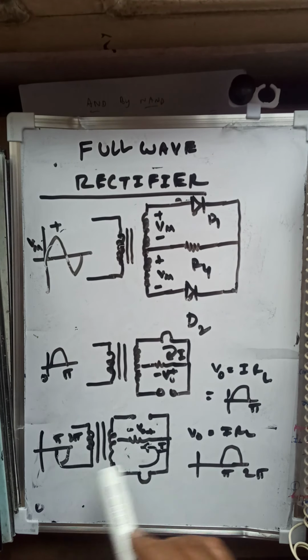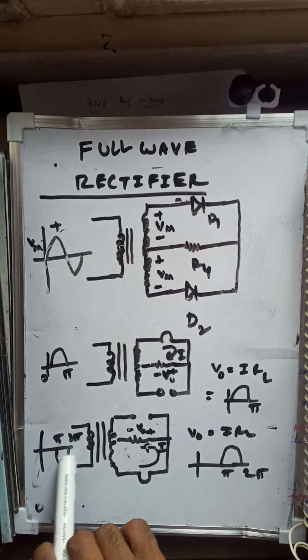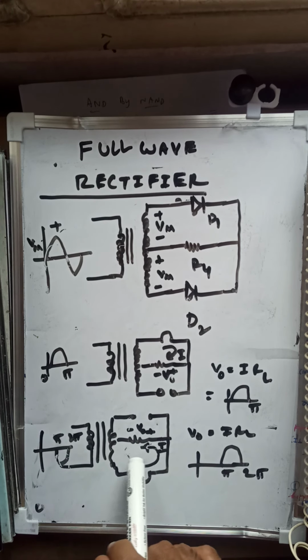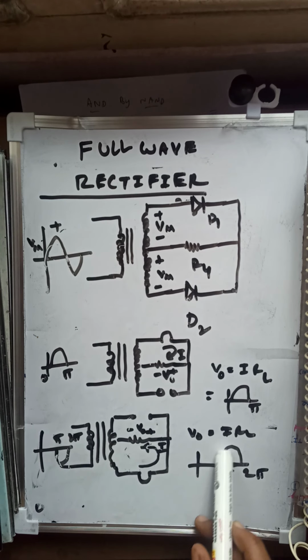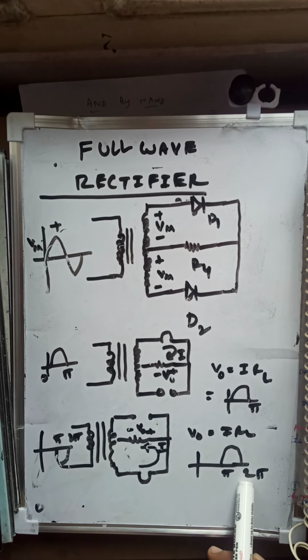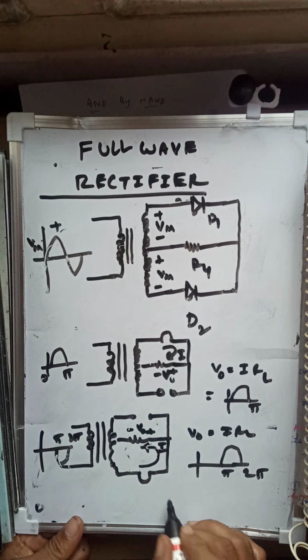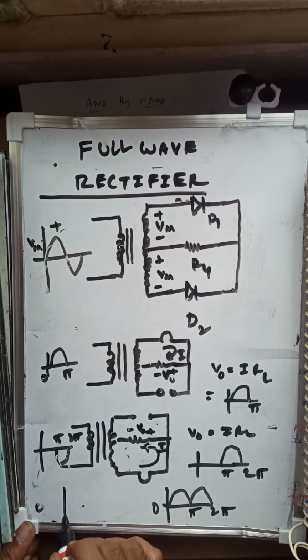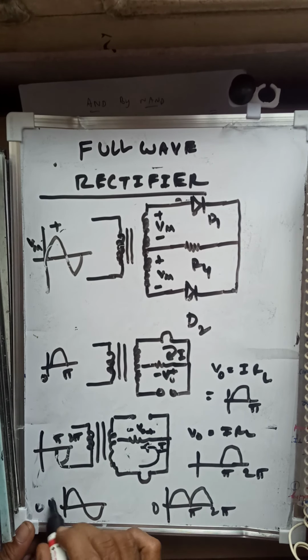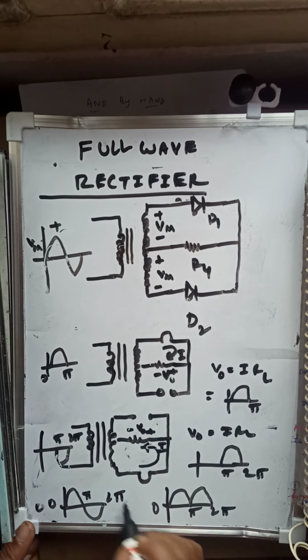So whatever the signal applied, the opposite of the signal is transferred through the diode D2. So it is quite opposite. So for pi to 2 pi, the signal obtained at the output is like this. Now the total sum of these two signals at the output is like this: 0 to pi and pi to 2 pi for the input 0 to pi, pi to 2 pi.